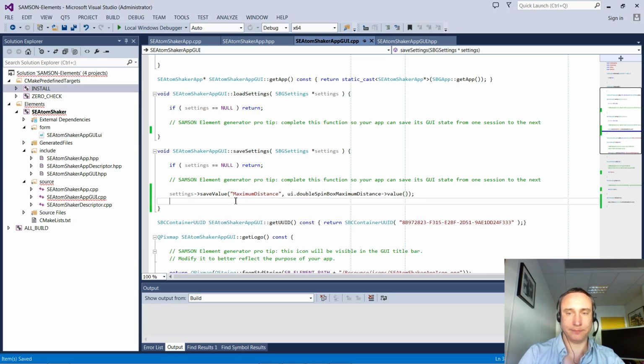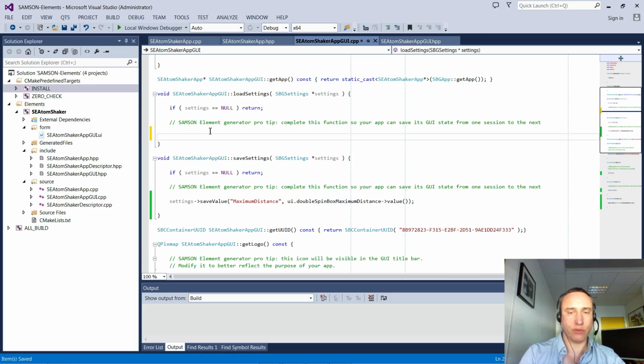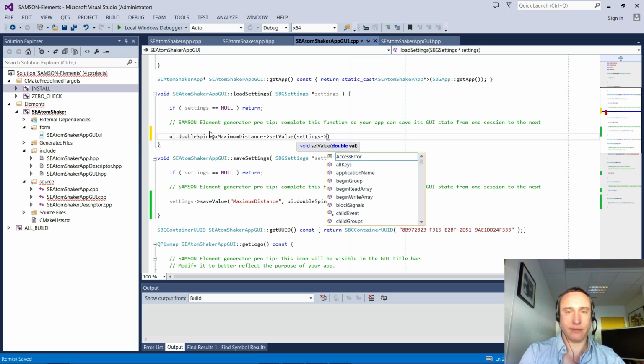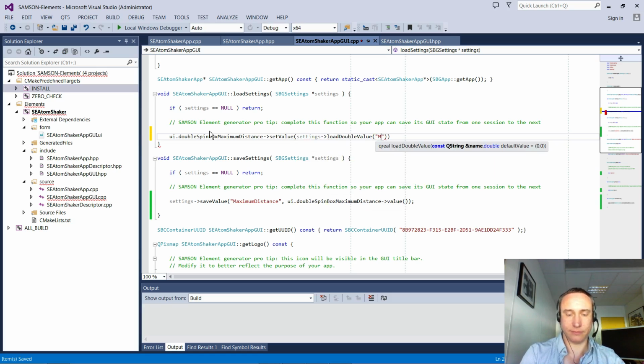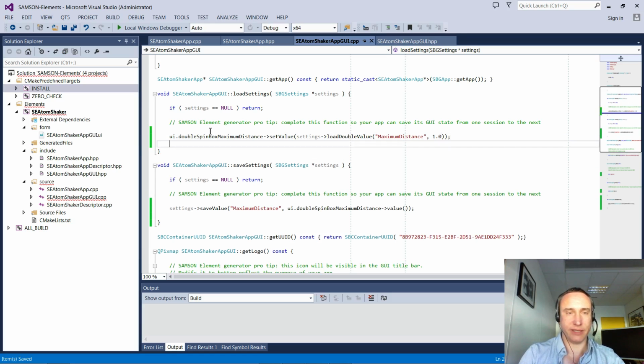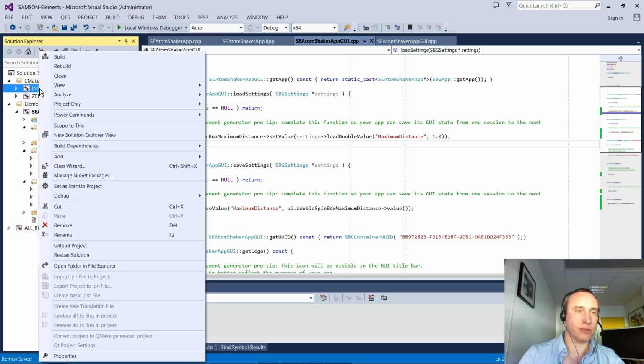Okay, and I have to program the load settings function, which is going to set up the value of the double spin box based on what's been saved in the settings. Maximum distance, and I give a default value for when nothing has been saved yet. Okay, I build everything, install,